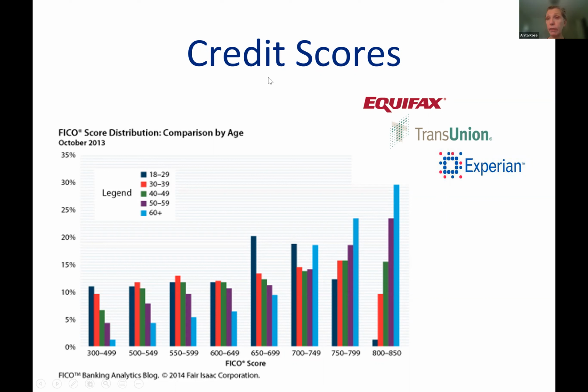And they also look at the credit. So we can look at our credit score, which takes all our credit into consideration. We can see from the age groups, like the 18 to 27-year-olds, that they fall in the 650 to 749 range, right? Where we can see it drops off, there are very few in the high category between 800 and 850. All right, so we need to consider that as well.